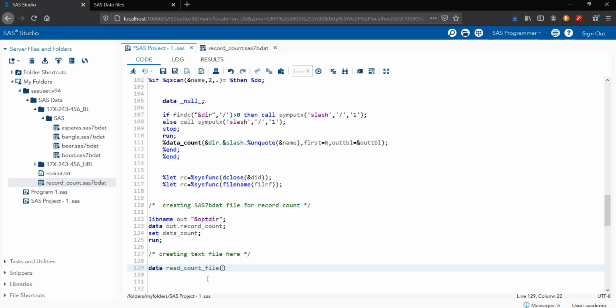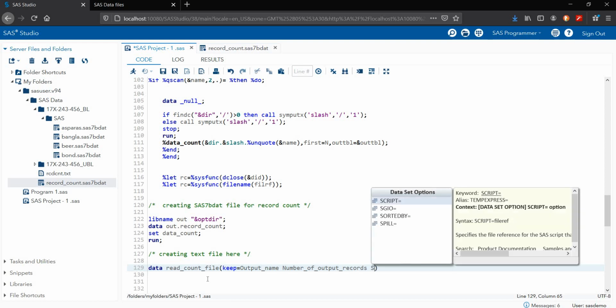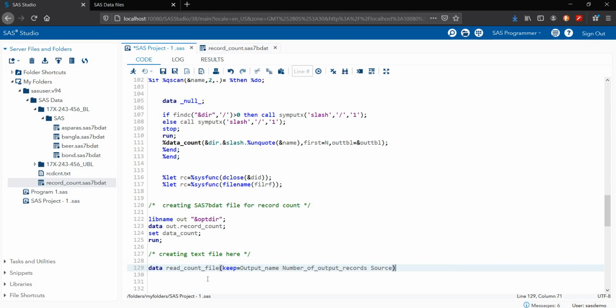What we need in this data step, I'm using the keep statement. We need the output_name, then the number of output records, then the source name, it's BL or UBL, blended data or unblended data.